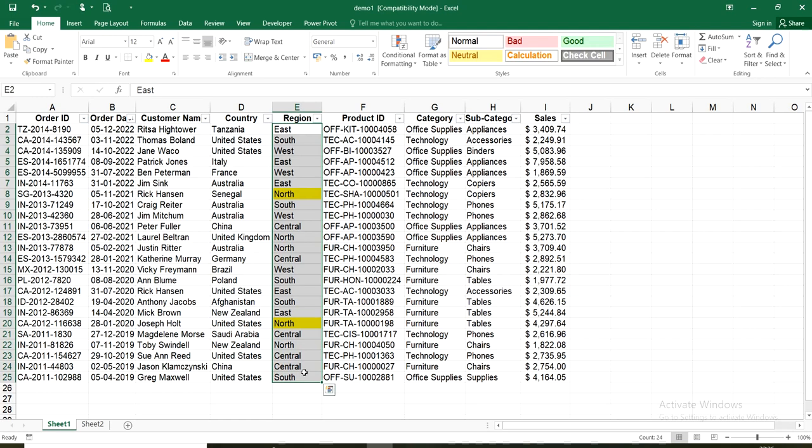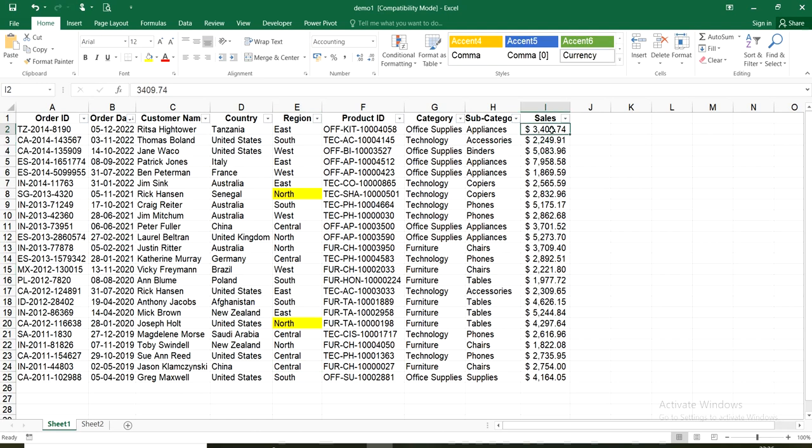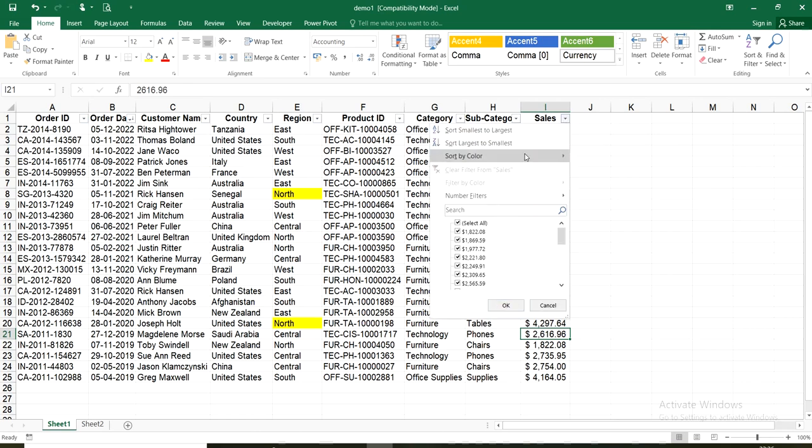The third one will be filtering data based on numbers. For that we have a sales value here. This sales value can be used to demonstrate filtering data based on values or numbers. How do I do that? Go to the drop down menu.